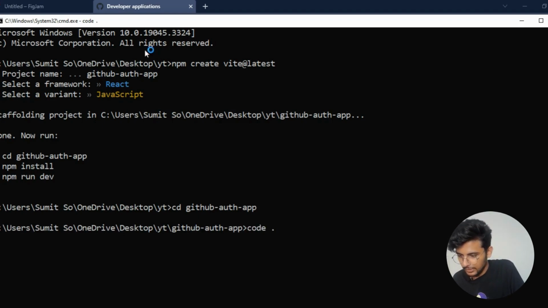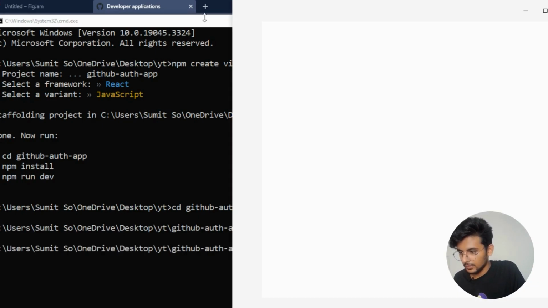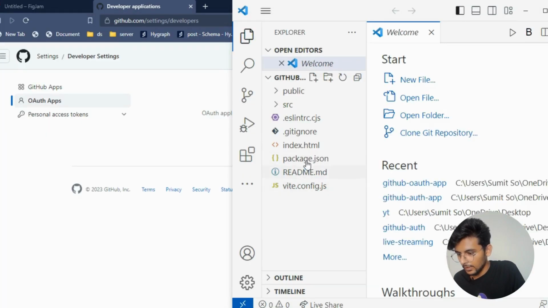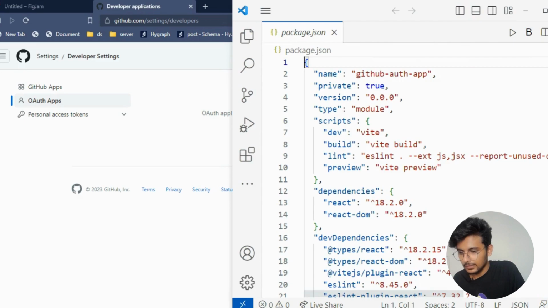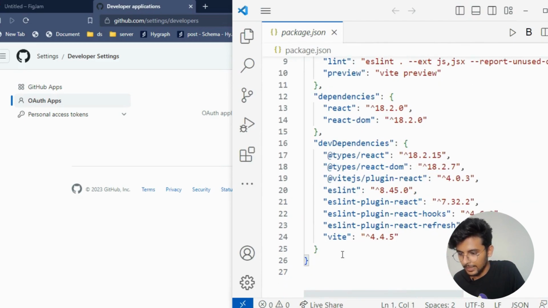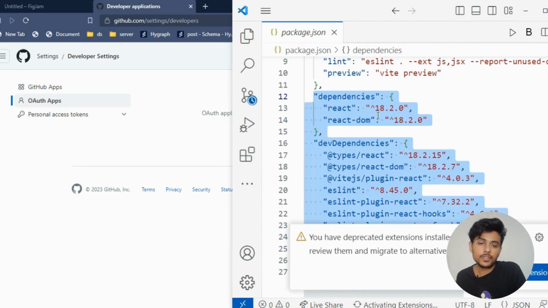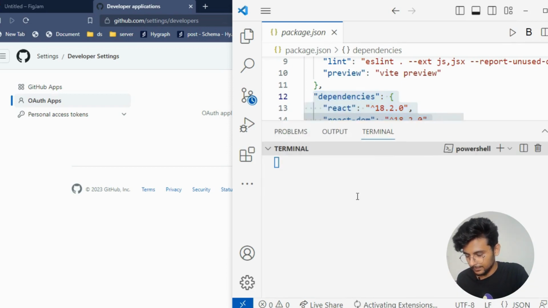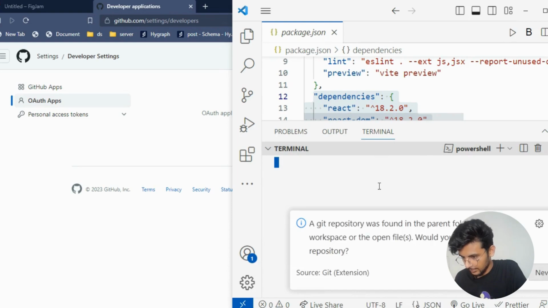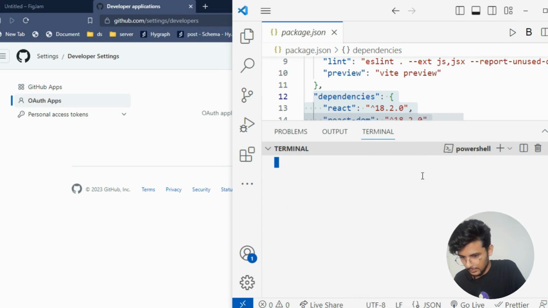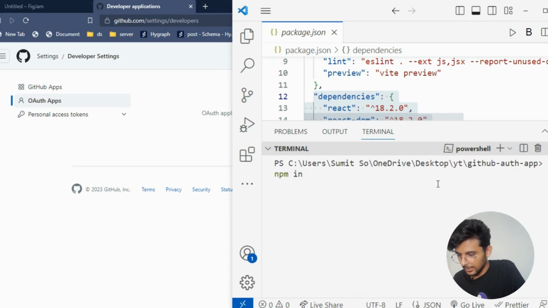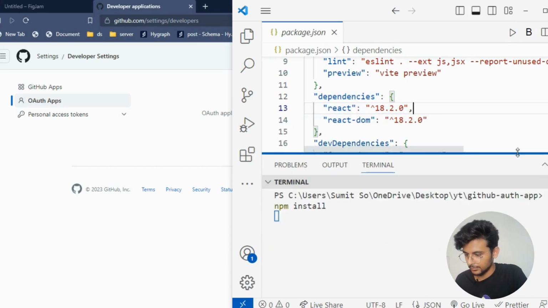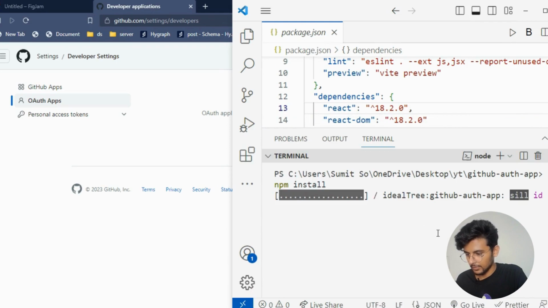Now let's open this project in VS Code. If you open the package.json file, you will find all these dependencies and dev dependencies. First, we need to install all these dependencies. So go to terminal and type this command, npm install. It will install all these dependencies. Let's wait for a few seconds.